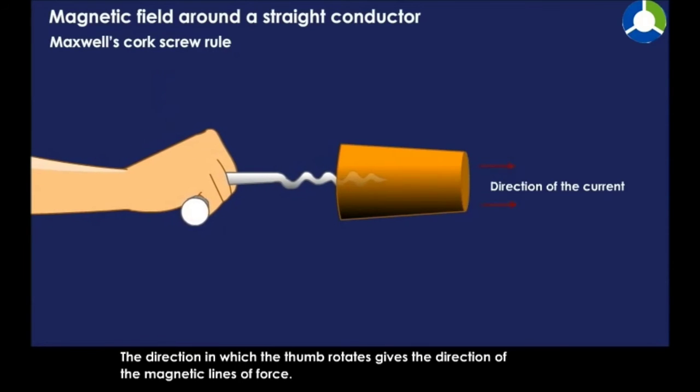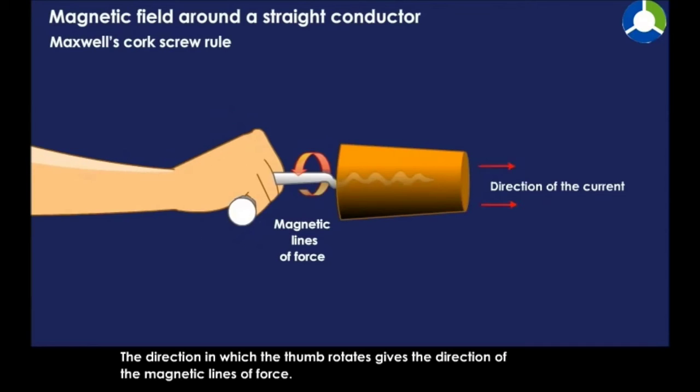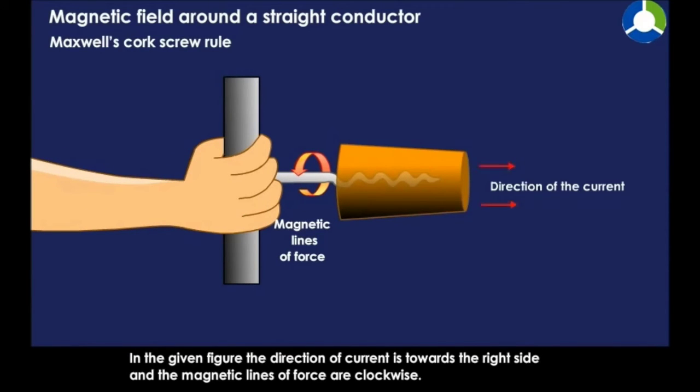Then the direction in which the head of the screw is being rotated will explain the direction of magnetic lines of force. So this is another technique of explaining the direction of magnetic lines of force according to the corkscrew rule. Remember, the head of the screw is to be rotated so that it advances forward in the direction of current. So the direction of rotation of the head of the screw will explain the direction of magnetic lines of force, as you can see in the figure, which is the Maxwell corkscrew.